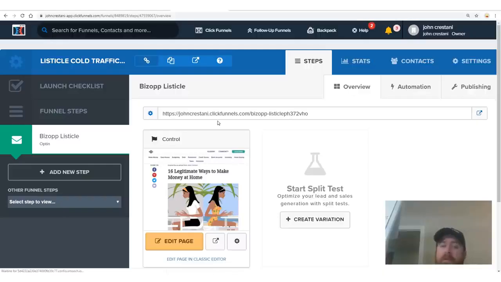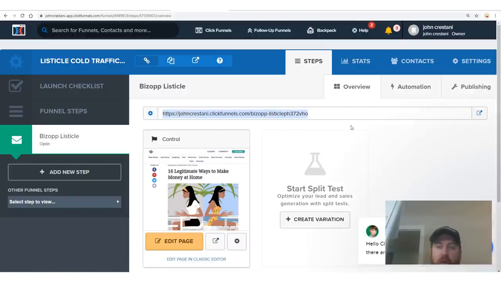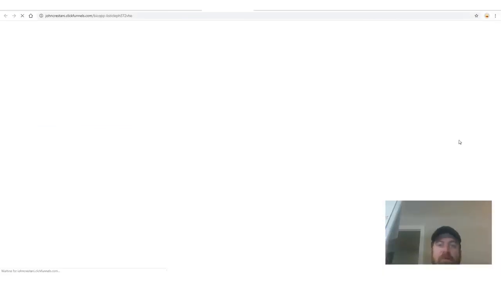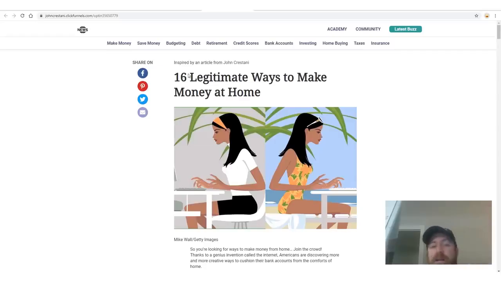If you want to make real money, you're going to put this into action. And let me show you what type of website you're getting. You're getting a done-for-you website right off the bat that works very powerfully. So here we are. We have your internet website and we can preview it. This is an article that is built to convert. Now there's a lot of psychology in here. I'm not going to explain everything, but it's called a listicle and they're very compliant. Advertising loves them. People love them.